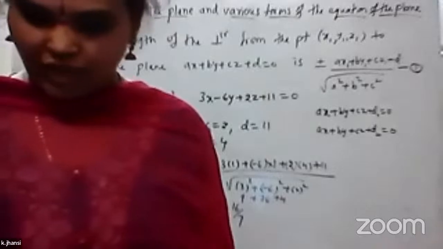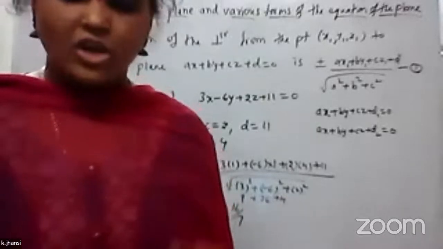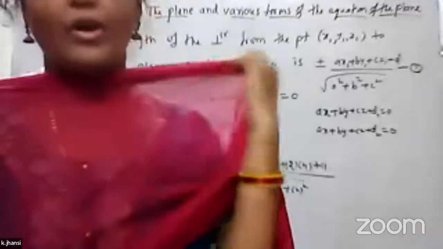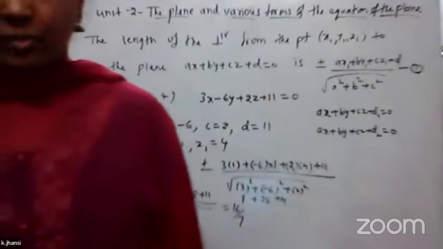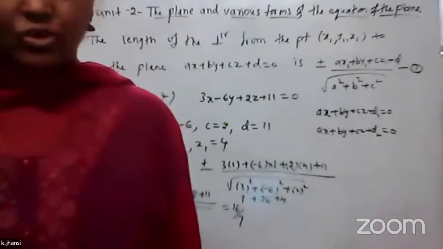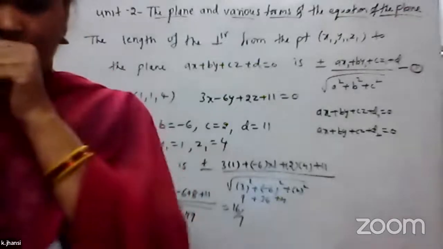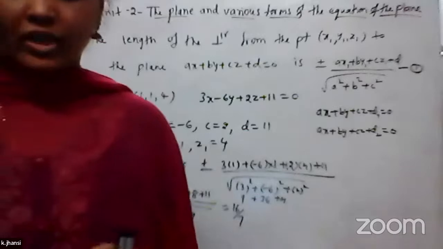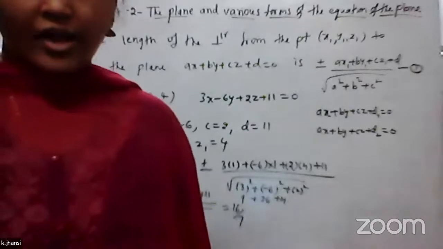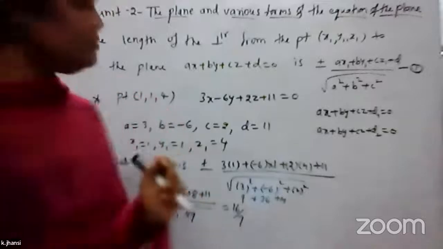See page number 59, you have the question, no? Find the equation of the plane which passes through the point (3, minus 3, 1) and is parallel to the plane. Okay, if it passes through the point, you need to find it with the help of a into x minus x1, no? In that you have to substitute, and if it is passing through, you have to substitute the lambda. Okay,